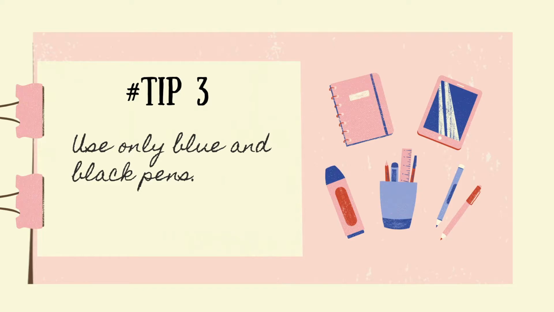So this tip is more of a guideline than actually a tip. It's clearly written in the ICC rule book that you shouldn't be using any colored pen other than blue and black. So you should always keep this in mind. And many students ask me, what should we do in terms of conventional signs in science and geography? It's a very simple answer.